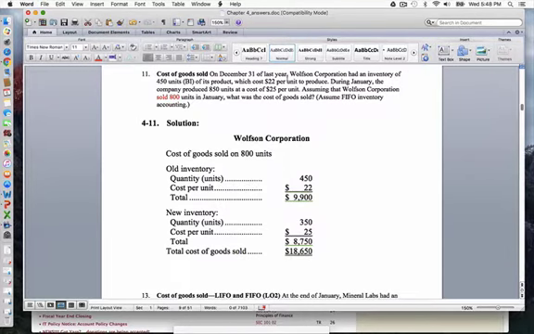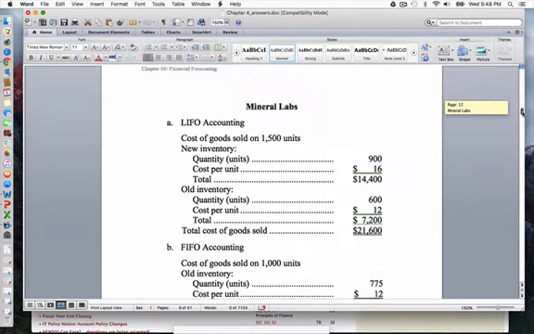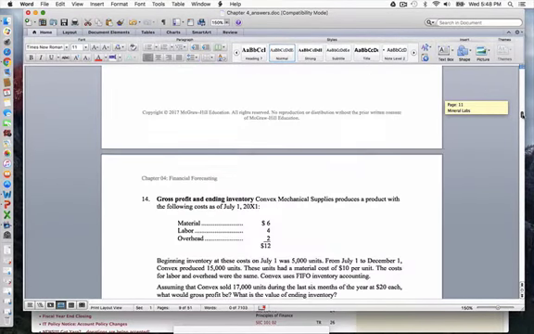That's pretty straightforward, right? Let's do another one that involves ending inventory as well and gross profit. Problem 11 you are going to do, and 13 is the same as we did in 11. So let's work on 14 then. Here we have to calculate gross profit and ending inventory. This business produces a product with these cost elements: raw material, labor, overhead, total $12 per unit cost of production. Beginning inventory was 5,000 units, and now this new period,